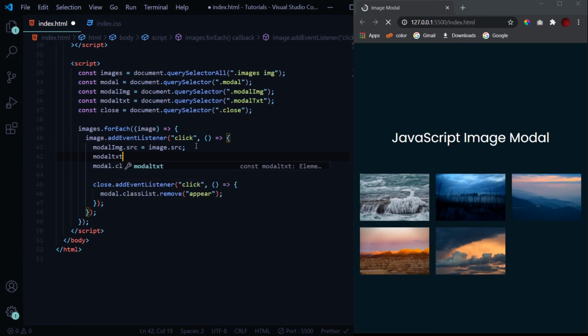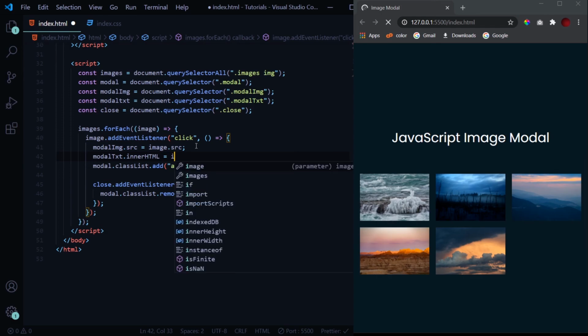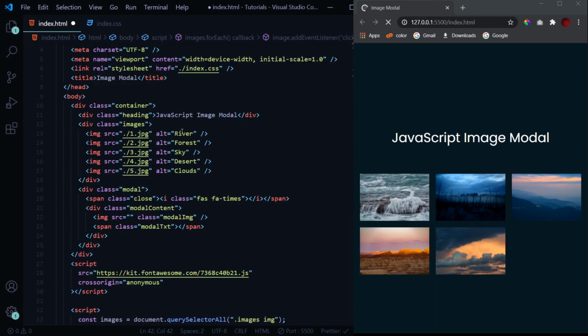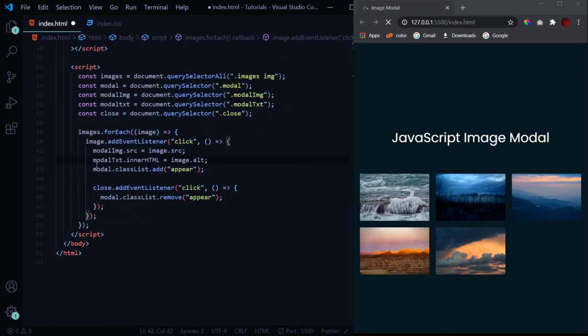And over here to modal text, we need to change its innerHTML. Modal text innerHTML is equal to image dot alt. So the alt of these images should be the innerHTML of modal text. Oh, this should be a capital T over here. Let's hit save and let's check whether this JavaScript part is working or not.